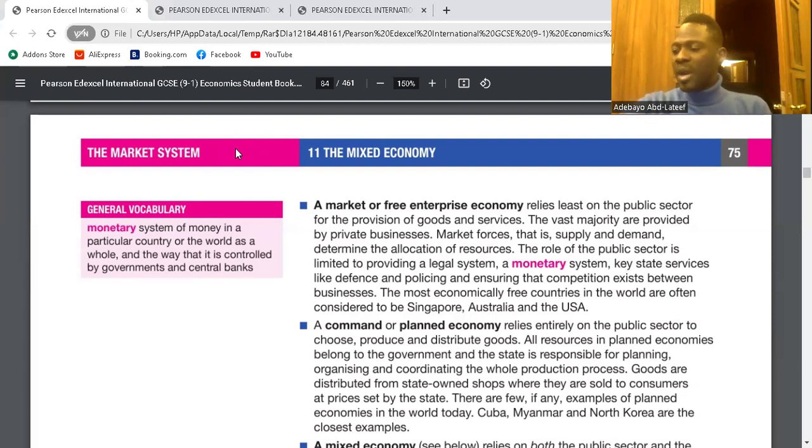So for the free market or the market system, resource allocation is done by individuals and firms, private businesses, with government intervention through policy. Government has little control. The impact of government in this economy is to provide regulations and laws that will bring proper structure and make society better. That is what government will do. But when it comes to goods and services, it's done strictly by the private sector. Is it clear? Okay. Then we go to the command economy.